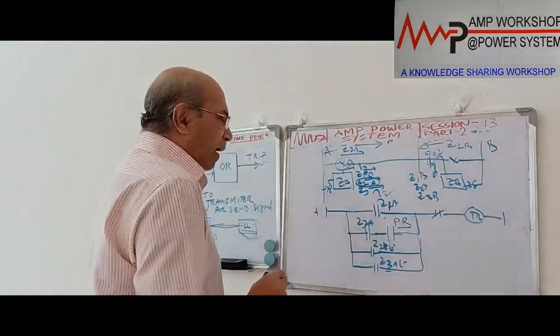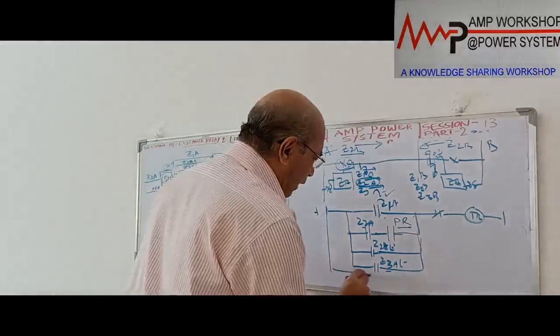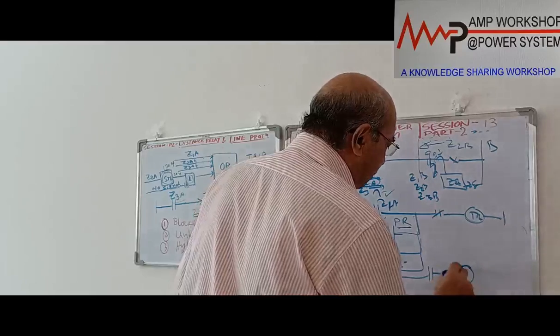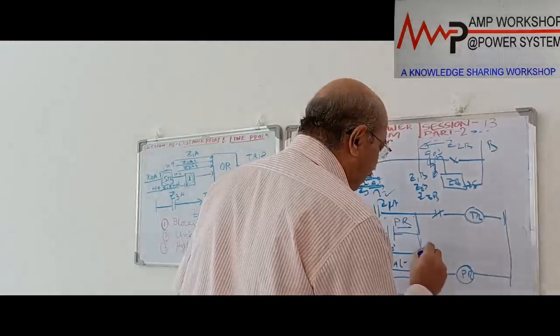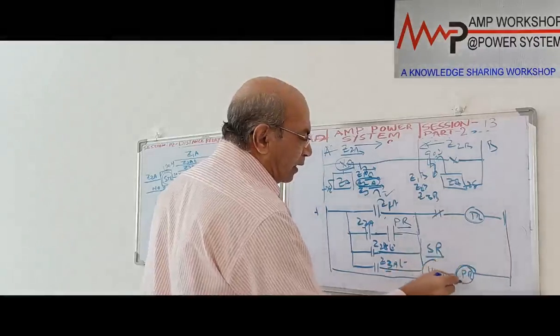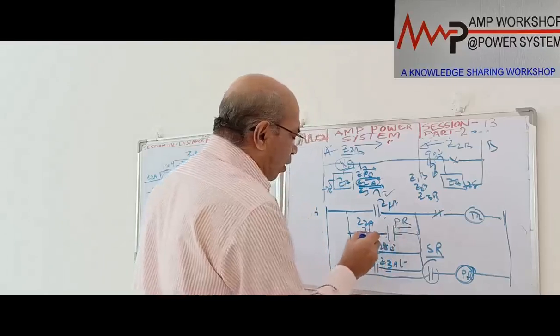This is the logic. And in the permissive signal, what we do from here, there is a permissive relay, and there is a relay over here, the PR relay. Suppose they are PR, it is connected over here. This is your signal receive relay. Yes, a signal receive relay. The signal receive relay is energizing this permissive receive relay. When the permissive relay is energized, immediately PR will be on, Z2 on.